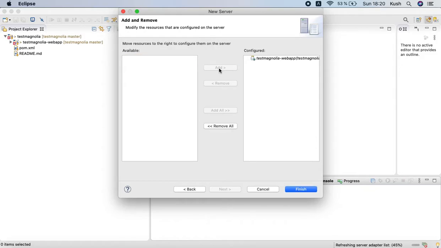It will take a few seconds because we have not built this, so in the background it will create a build and then deploy. This server will take some more time than usual for deployment and run. So this is done, and now I will click finish.